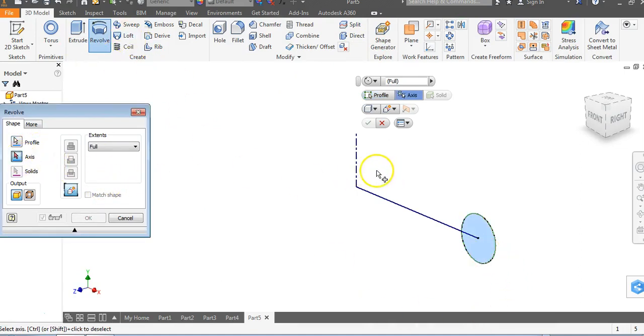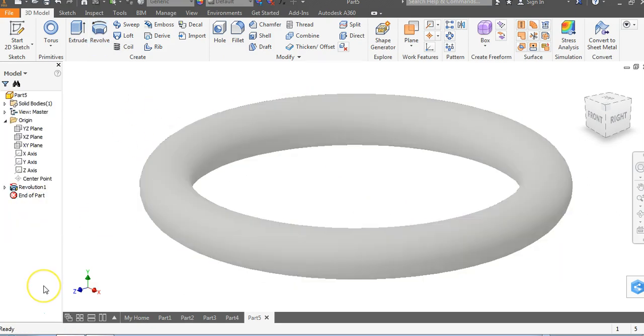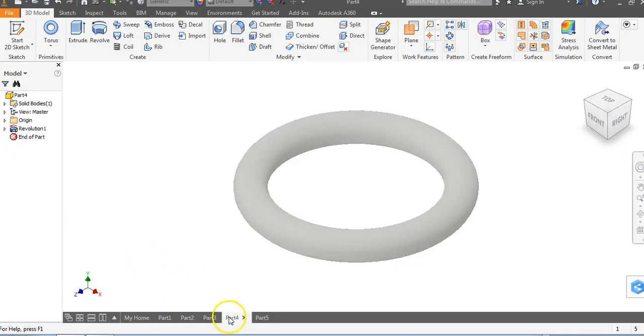We could also do this in a revolution. I was thinking a sweep earlier, and I'm going to have to click on that and say okay, and then that's how you got your torus. It's a lot more steps than just going through and just tapping on your torus command out here. We could draw ourselves a circle and have this follow the path as well in the sweep, but that would take too much. The revolution was just a simpler